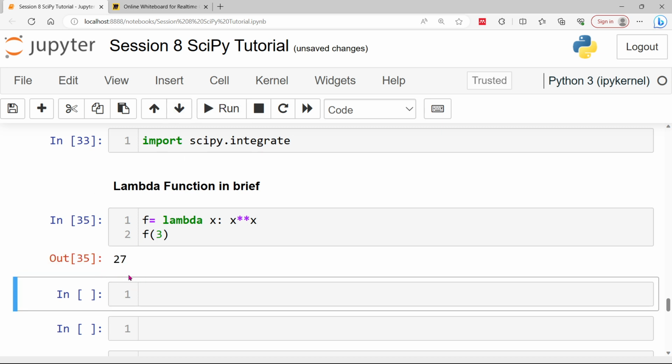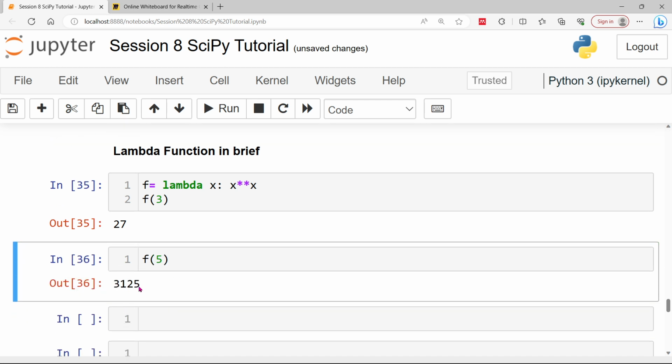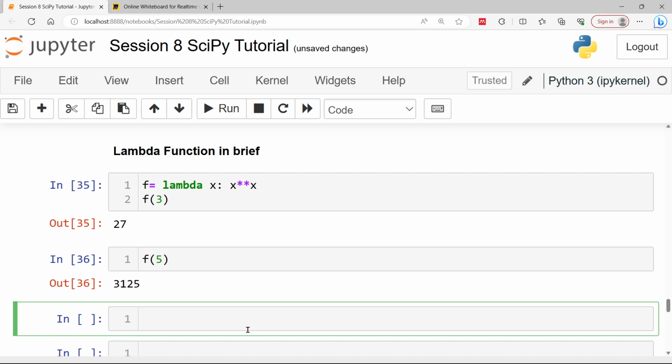So it will be 27. So the self power is 3 raised to power 3. Let me pass it as f raised to power 5. So 5 raised to power 5 will be 3125, right? If you want to cross check this value,